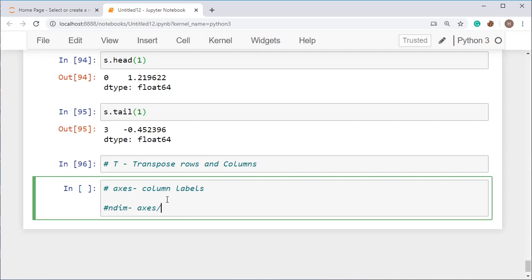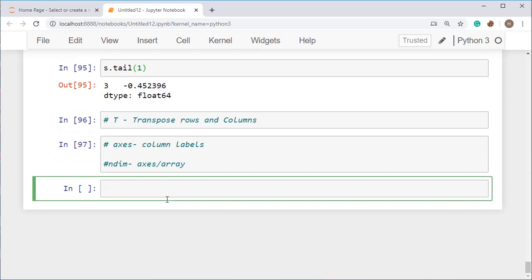You can use size for getting the number of elements in the data frame.